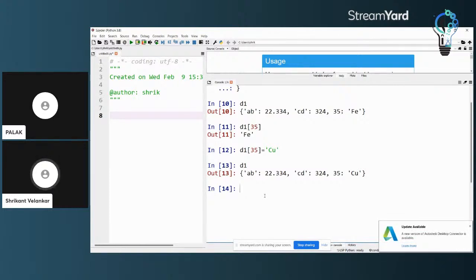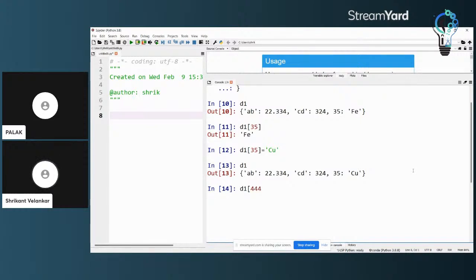Now, how can I add an element to the dictionary? For a dictionary, an append method could have been there because it is a mutable object, so appending would be legitimate, but it is not needed, because if I want to add an element to the dictionary, I have to take a key which is not there in the index.